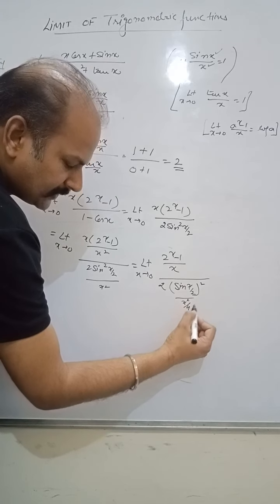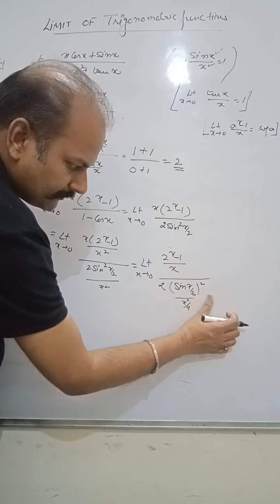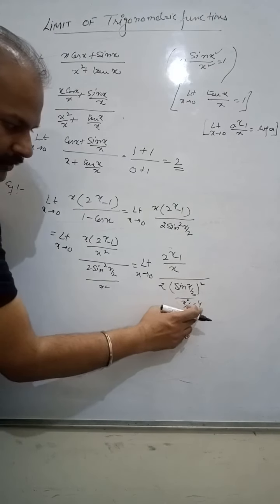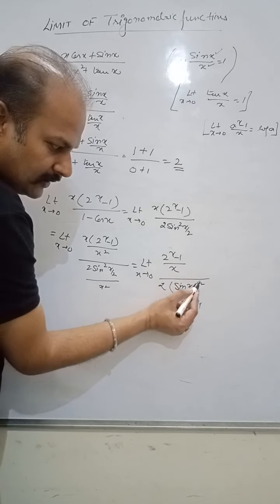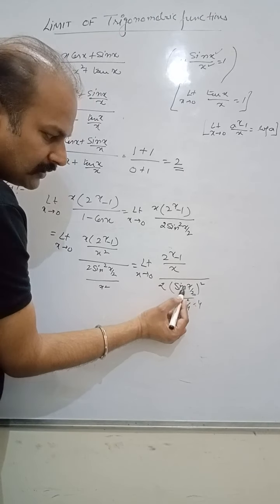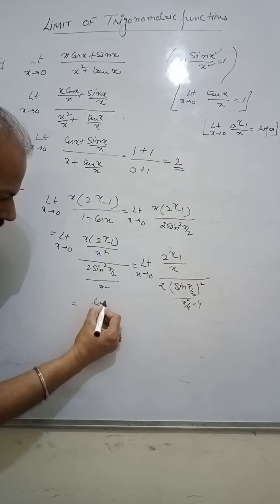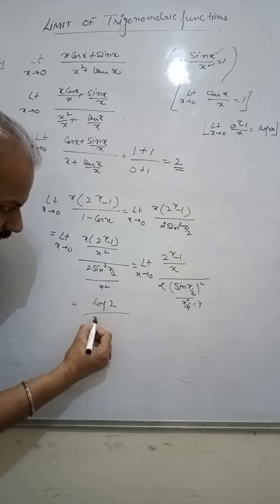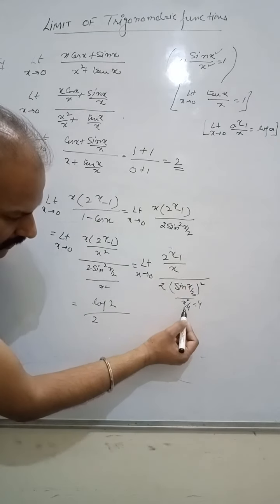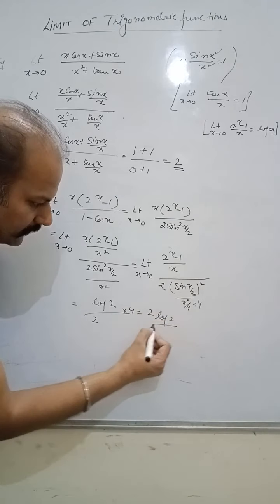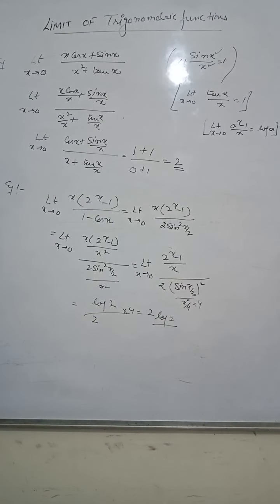So I have to put x square by 4 into 4, because this is (x by 2) whole square and this is what I require for the direct use of the formula. So what it becomes, this is log 2, this is 2, it becomes 1, now this is by 4 in the numerator, so it will be 2 log of 2. So this is the way we evaluate the problems. We can go for one or two more problems.